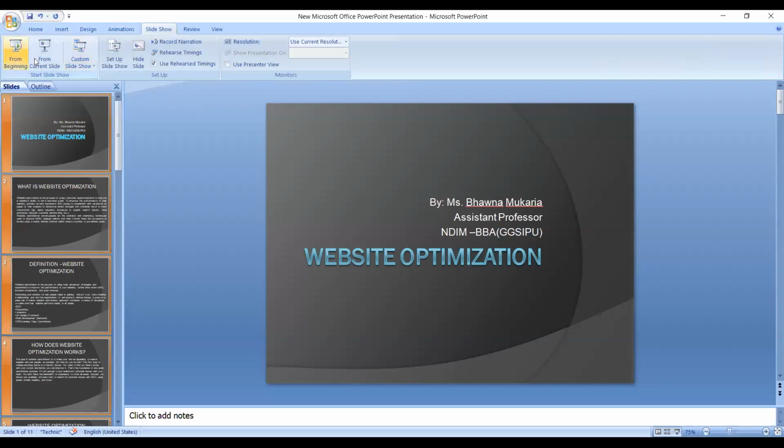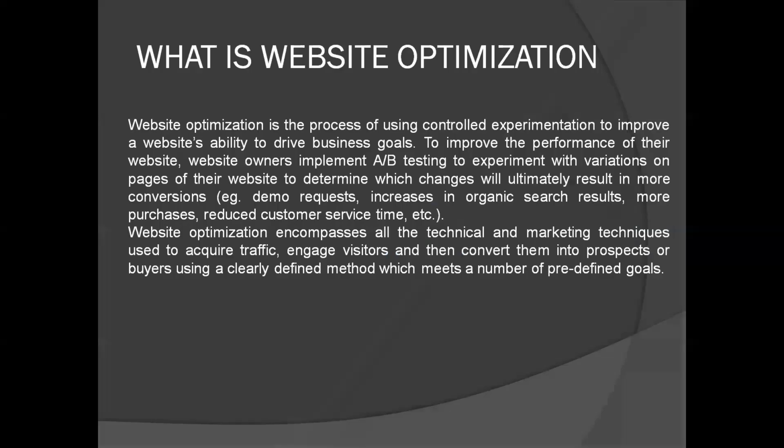So here we have our first slide, website optimization. Actually, what is website optimization? It is a process of using controlled experimentation to improve a website's ability to drive business goals. It means when you want to increase your website performance, you can use website optimization by using different tools and